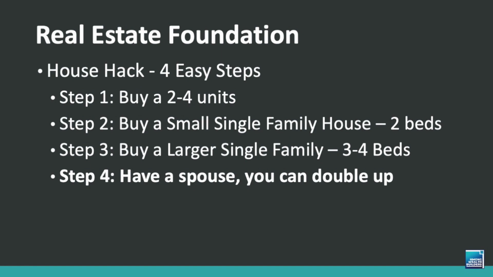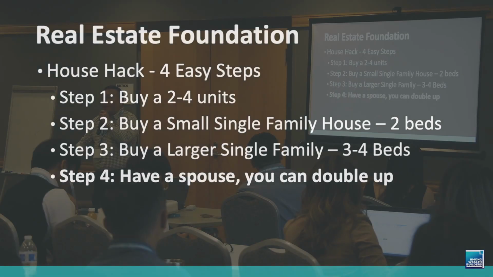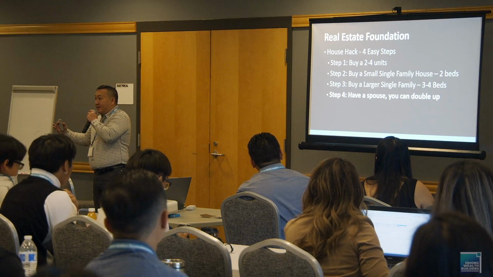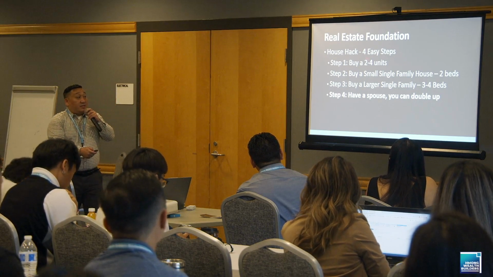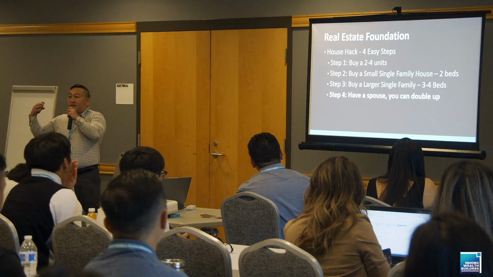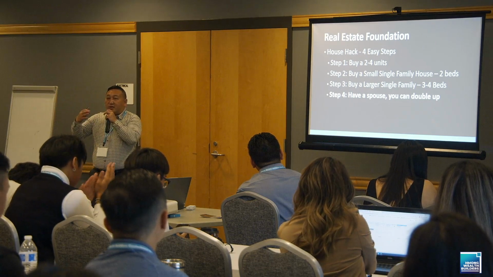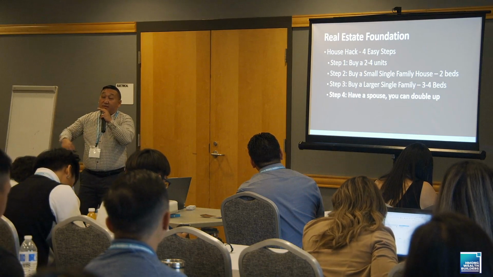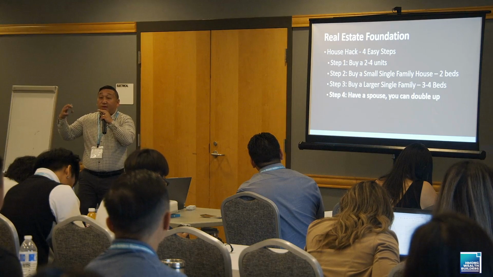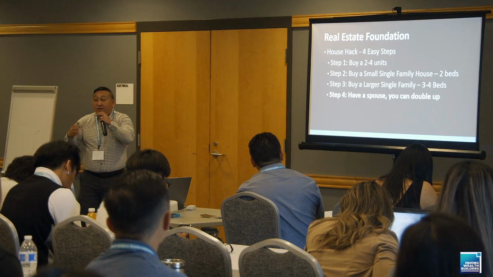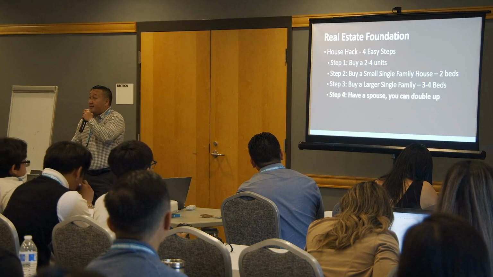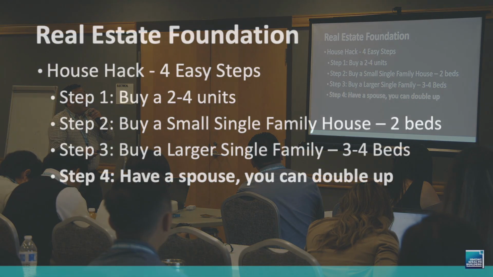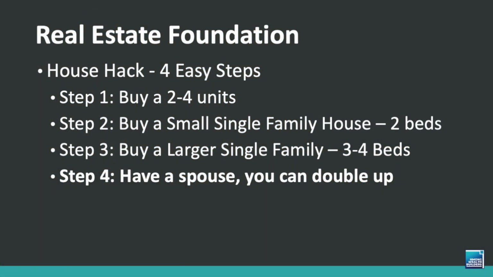Anything that's 5 units, you have to go talk to Shelly, because that's now considered commercial real estate. All right, 4 units and below is considered residential real estate. All right, so that's why it's 2 to 4 units. So you purchase anything that's 2 to 4 units. These are duplexes, right? The 2 houses connected, or the 4 units are usually a larger complex, but 4 units. Or it could be individual, but they're all in the same lot, right?